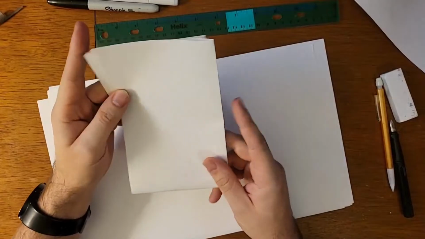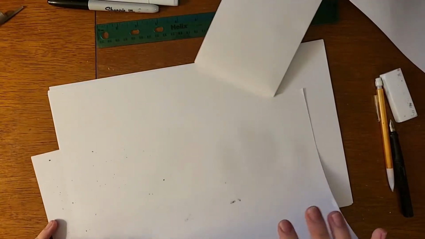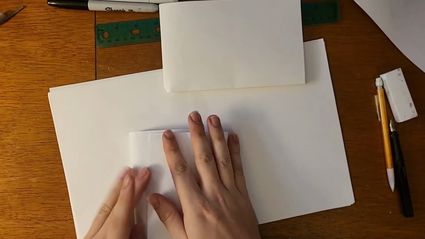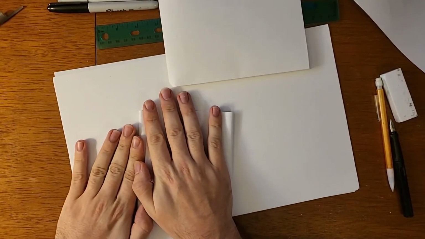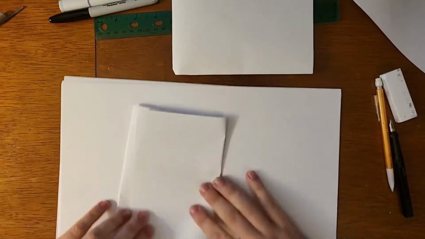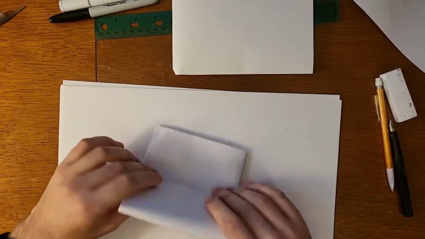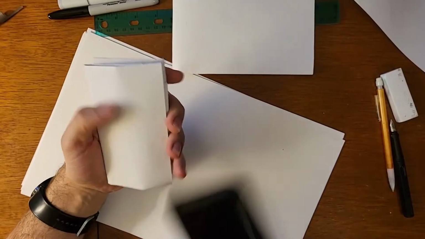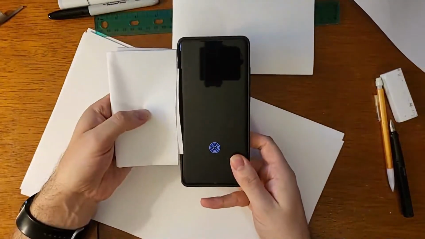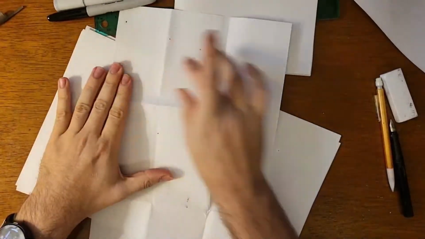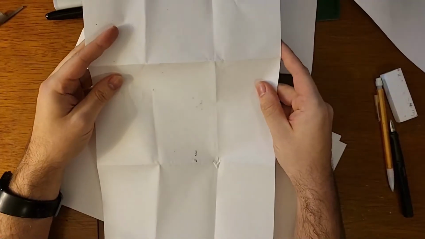If you fold it in thirds, this is not that important for drawing a map, but you can imagine this is a phone screen, and I can draw 9 wireframes of what that phone screen might look like,